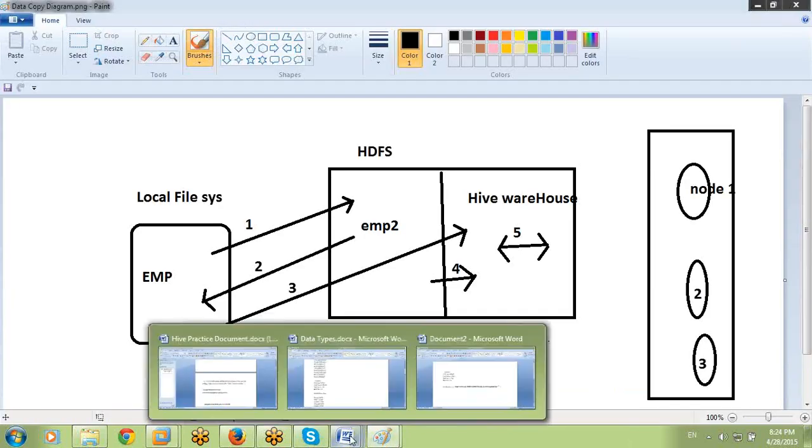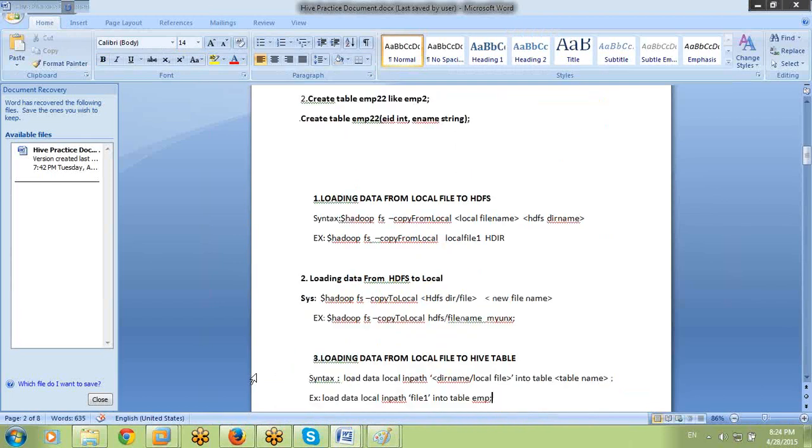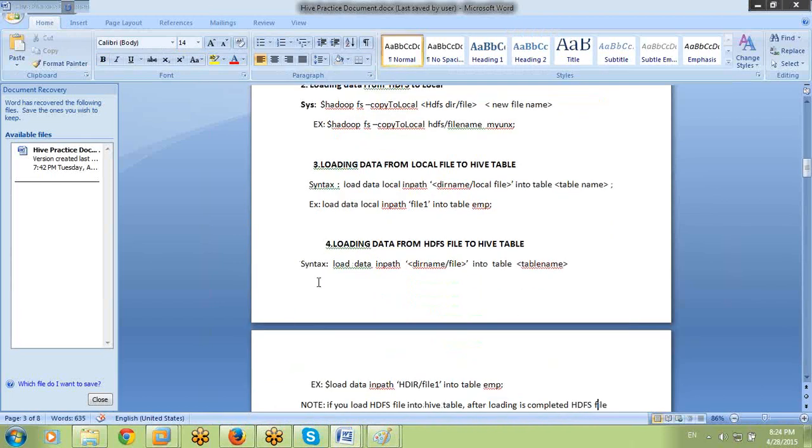Yes, the syntax is, again come to my documentation. Come down. Loading data from HDFS to Hive table. This is the syntax: load data inpath file path into table name. What is the difference between the third and fourth arrow, syntax-wise? Here in the fourth arrow, local is missing.